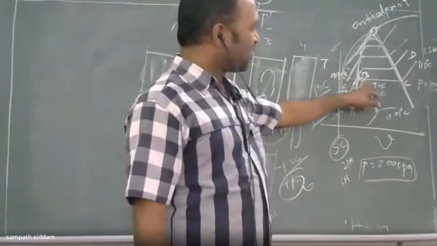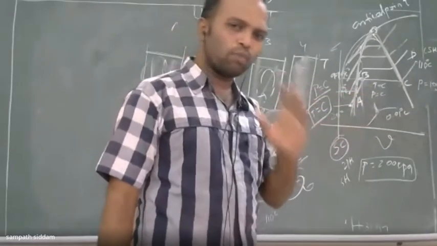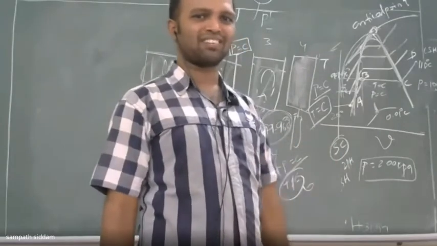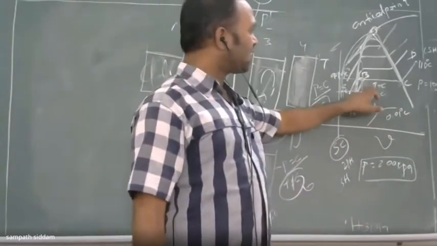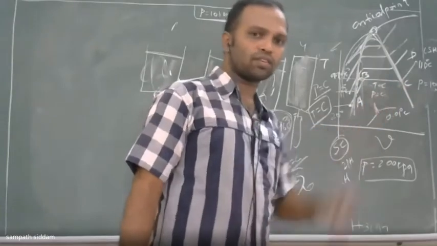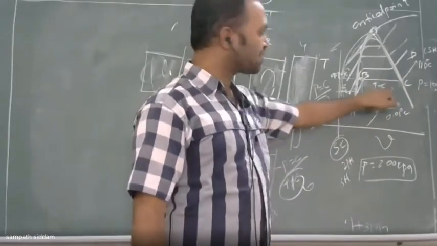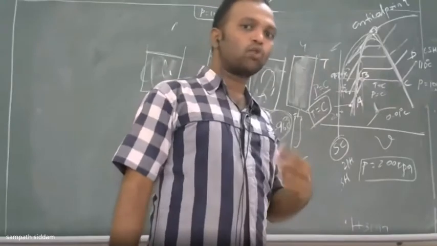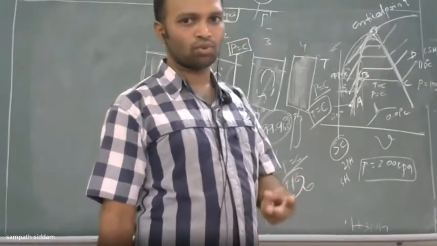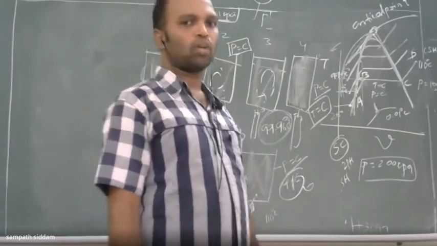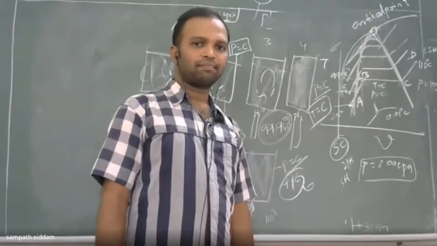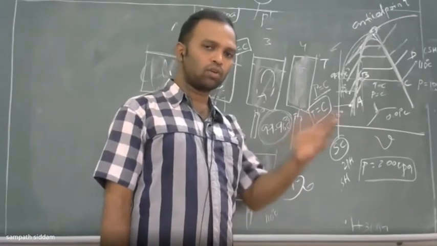If you are clear with the Gibbs phase rule, go back to the basics. Do not simply give the answer like 2, 1, 3 or something. Here, I have clearly told you this is a dome. In this region, there are 2 phases, liquid as well as vapor. When there are 2 phases, the number of intensive properties required from the Gibbs phase rule is only 1. Already I have calculated this. You are not following the concepts.